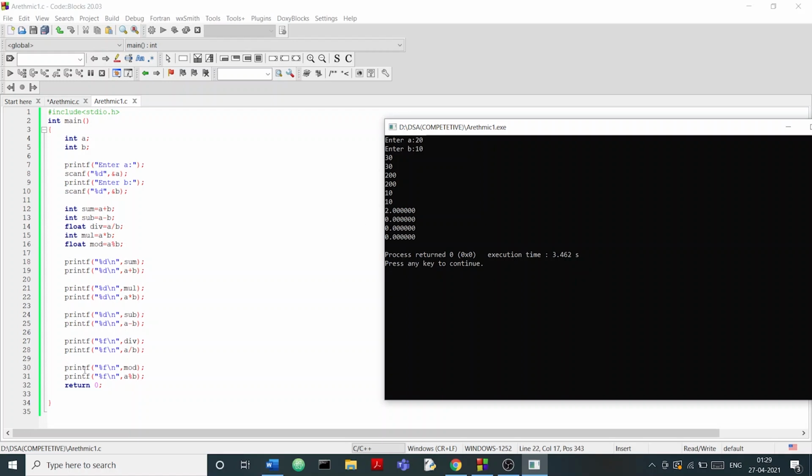In this particular printf statement, we are just returning the modulo, that is the remainder. So 20 divided by 10 is basically 2, and 20 minus 20 is 0, so the remainder is 0. What's happening here is basically a and b are of type integer, and we are giving the format specifier